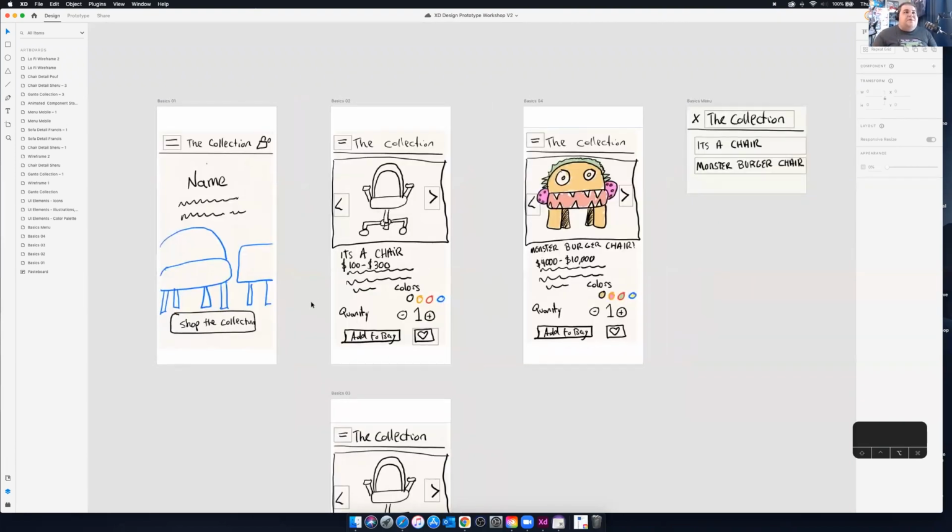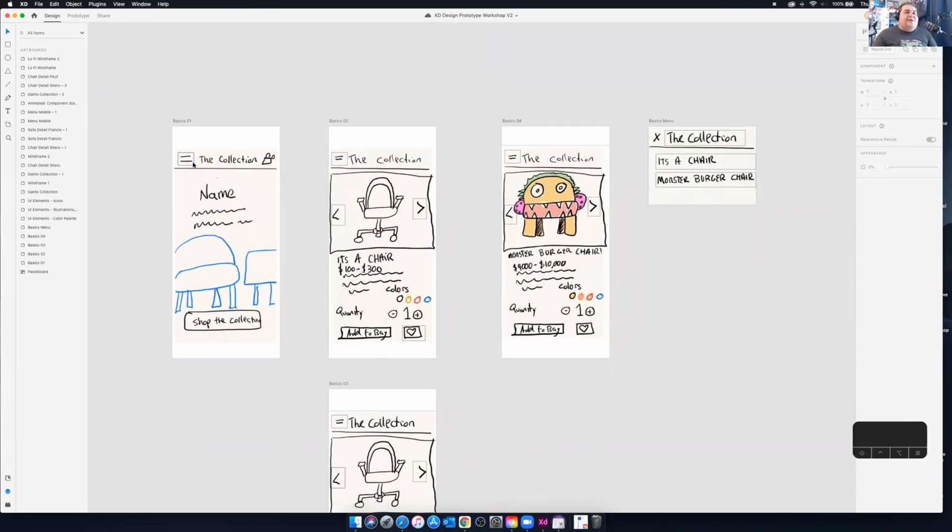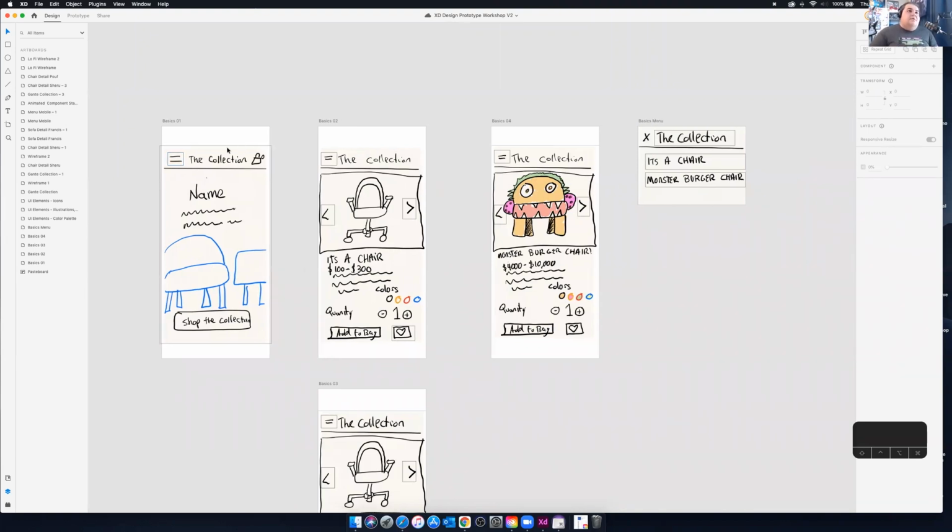So I already put in a bunch of interactions here. Have all of us created an interaction with XD before in the prototyping workspace? Okay, so